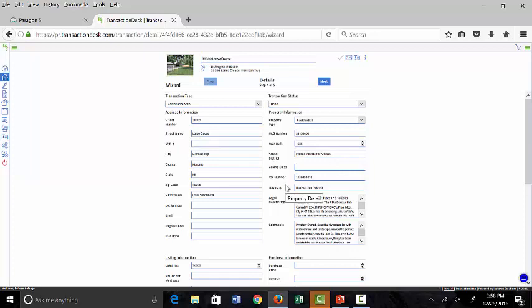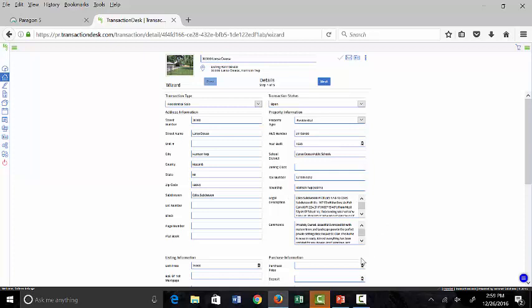But you want to quickly notice that we've got our tax number filled in, our township, our address, our zip code, the lengthy legal description. All that information is carried over for us. So if I were really working with a buyer in a buy-side transaction, or I was actually representing the buyer